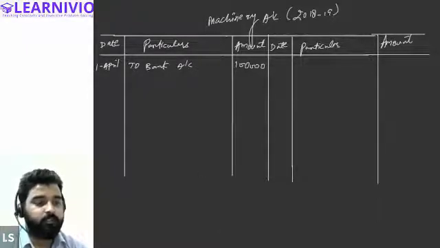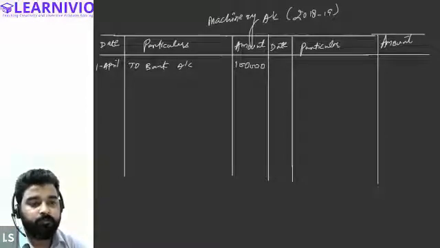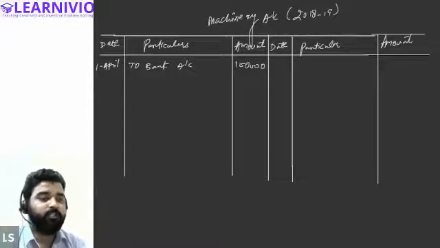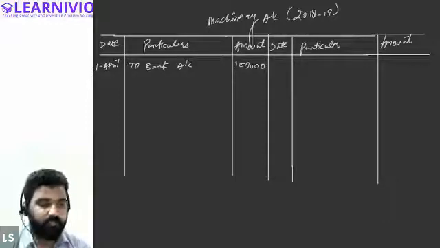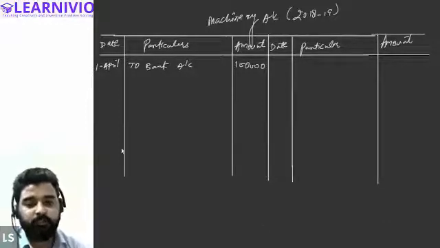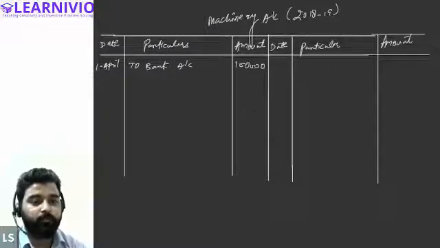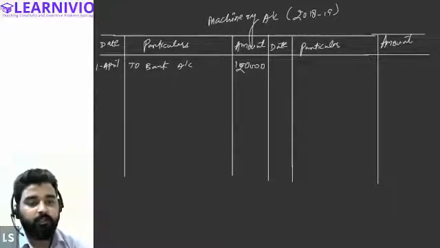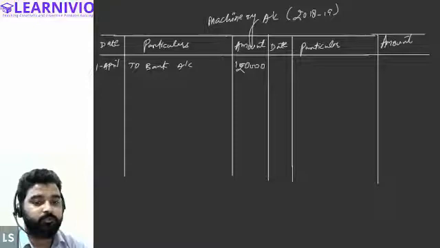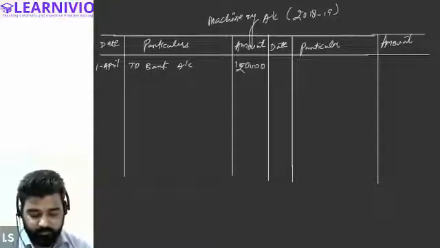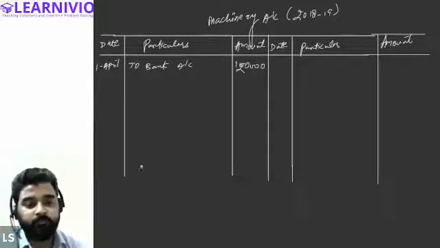After this, in the same year, we are spending 20,000 to make it serviceable as well. So the value of the machinery will be considered as 1,20,000. And in the same year, we are purchasing a new machinery for rupees 60,000 on 30th September, right, Halima? On 30th September, we are again buying a machinery.